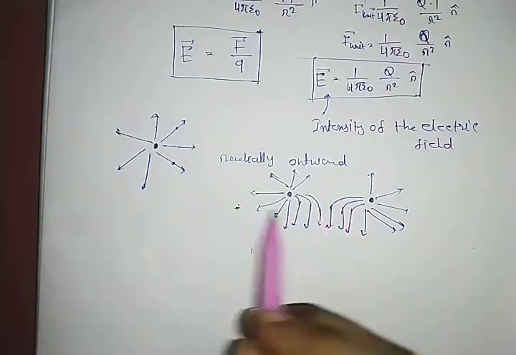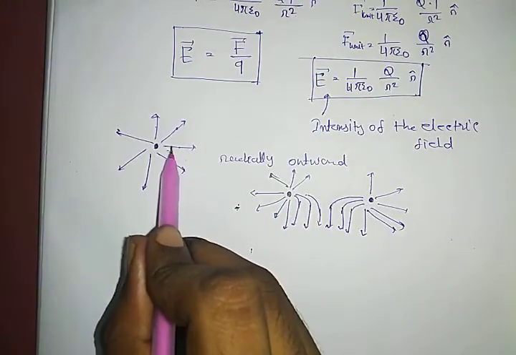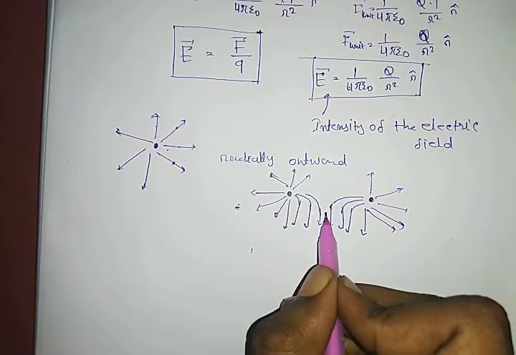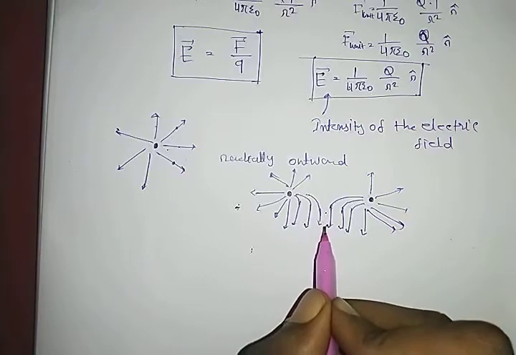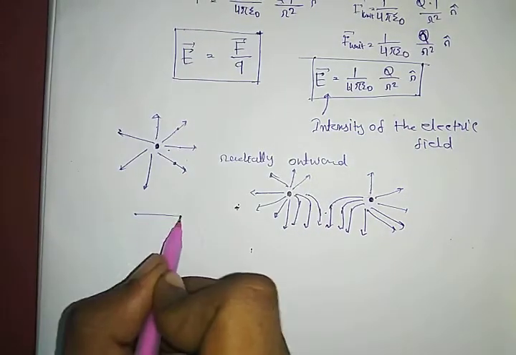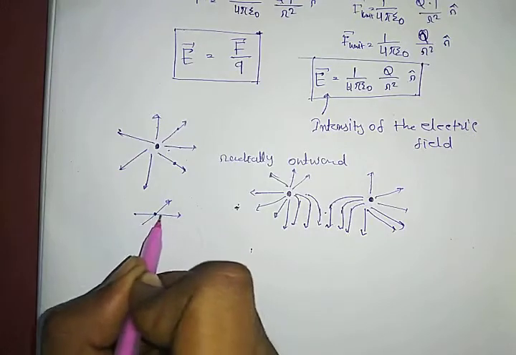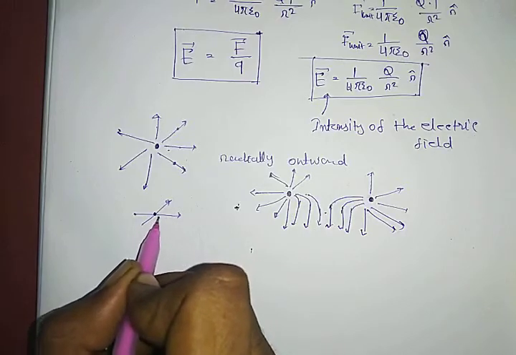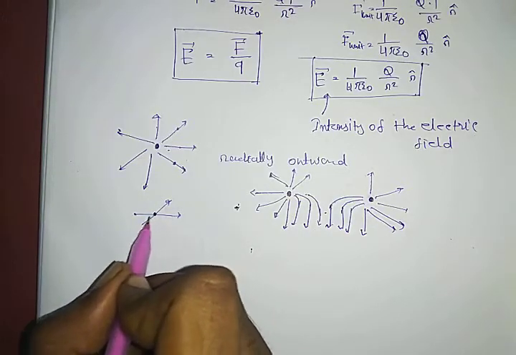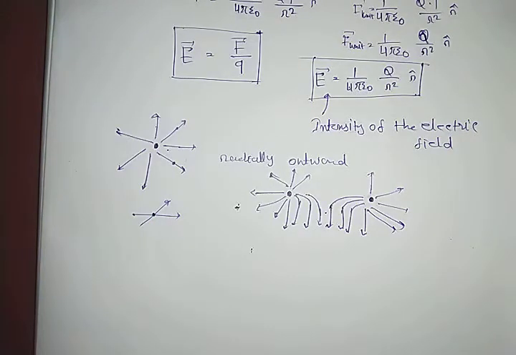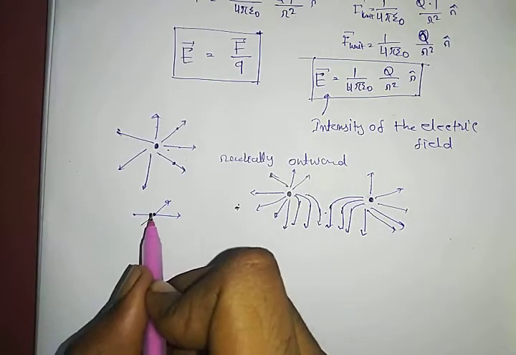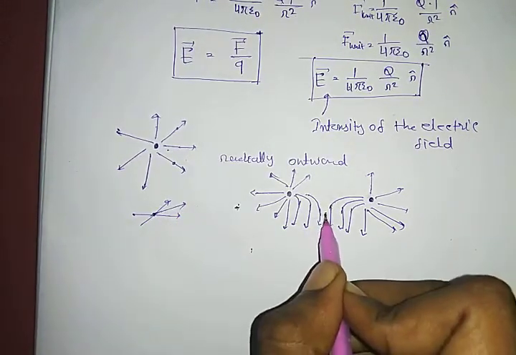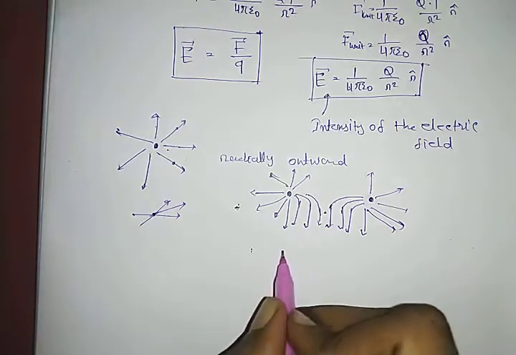How are they becoming like this? Why are they not crossing each other? Because an electric field at a point will have only one direction. When two vectors are crossing each other, here you see two vectors are crossing at this point, if a particle is here, it means that it will experience force in both the directions. Since this is not really physically meaningful, we will replace this with its equivalent, that is the addition of these two vectors, that will be along this direction. That is exactly the case that is happening here.